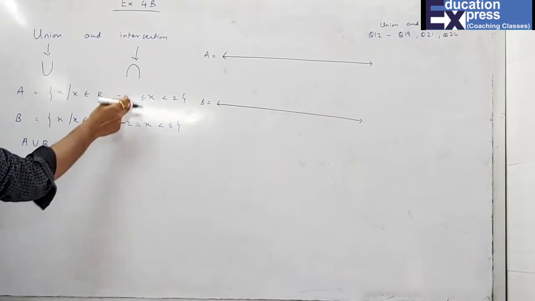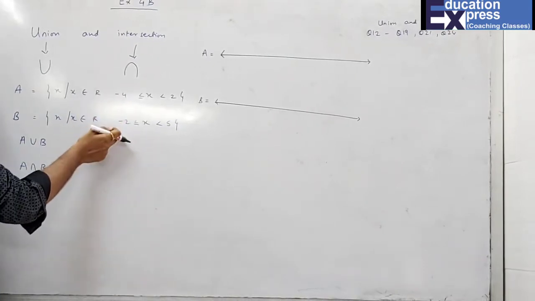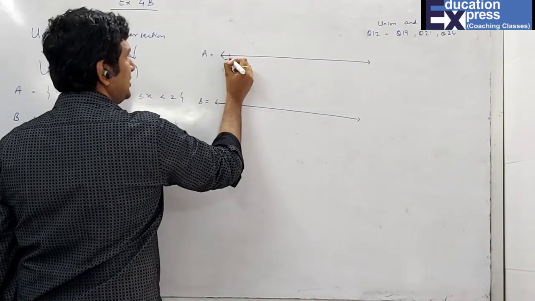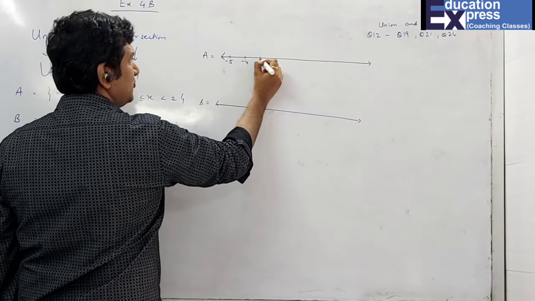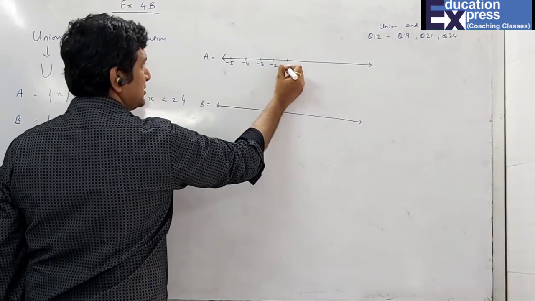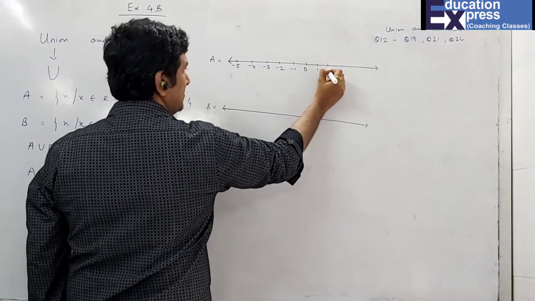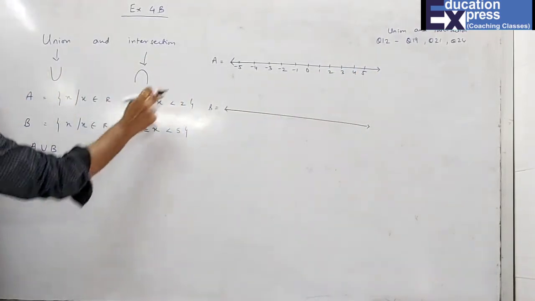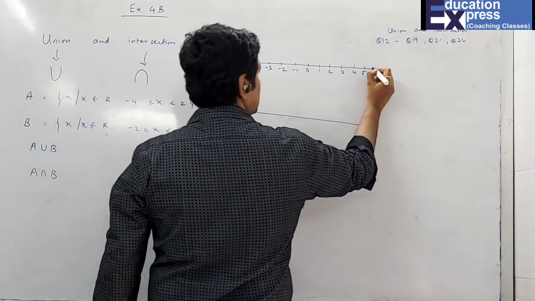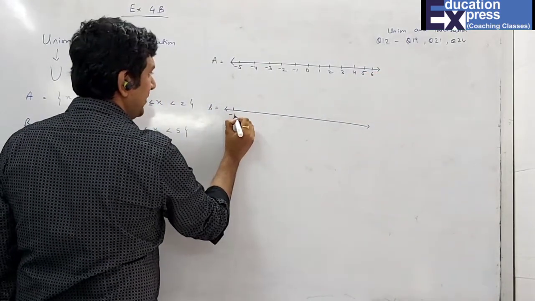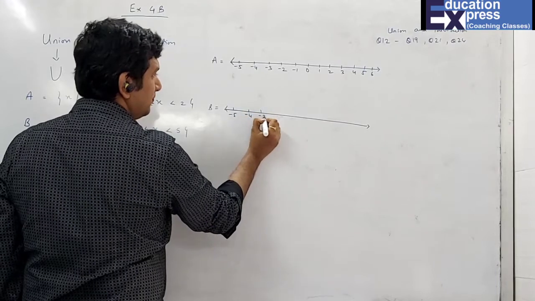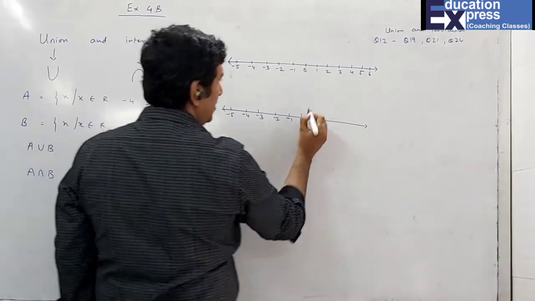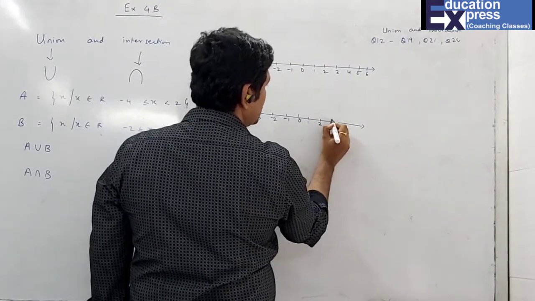What is the maximum thing? -4. If I compare both the negatives, and if I compare positives, the maximum is 5. So I'll do one thing. I'll just write all the numbers from -4, -3, -2 till 5. That's the maximum limit for both the lines. -5, 5 is the maximum for both. I'll write 6 also because 5 is already included here. So -5, -4, -3, -2, -1. Try to write one above the other so it'll be easy for you to understand.